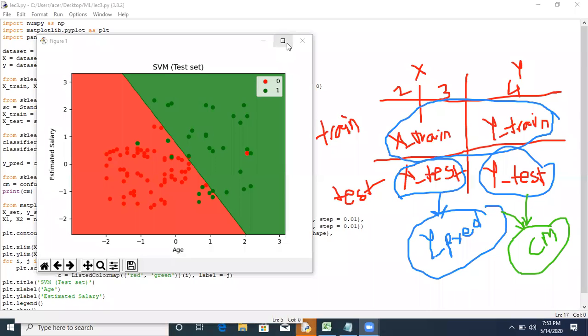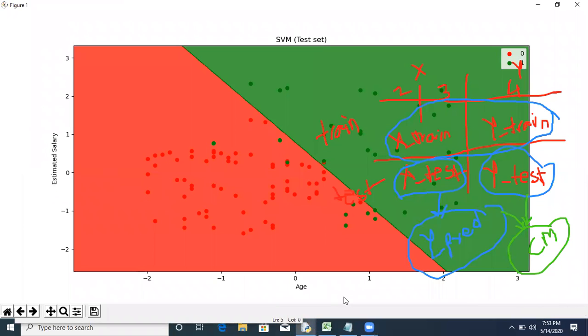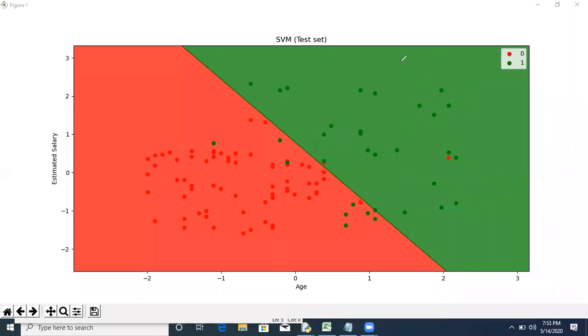So this is the output of this. In this case, we are using age and estimated salary to predict, or to classify, the output. As I discussed in the previous lecture, we are scaling the inputs first because the inputs are differently scaled. That means the age is a 2-digit number and salary is a multiple-digit number.